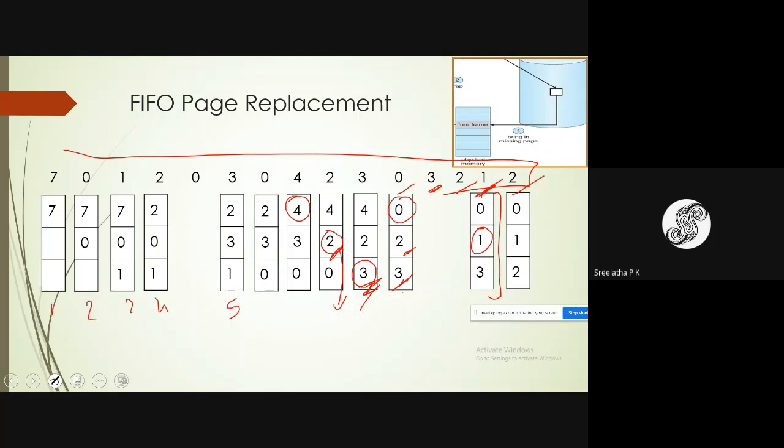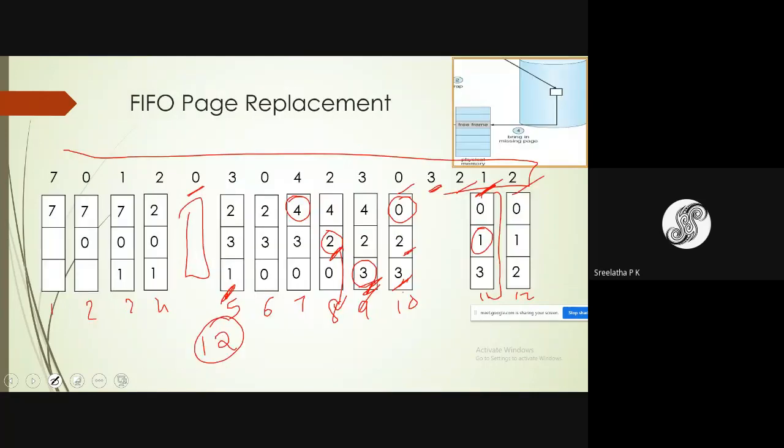Wherever there is a page fault, I have drawn this. Okay, page 0, it's not a page fault. Hence, I had not drawn the box. Correct. So you can count the number of boxes here, which will give you the number of page faults. So for this particular string, the count is 12. Number of page faults is 12. Okay.